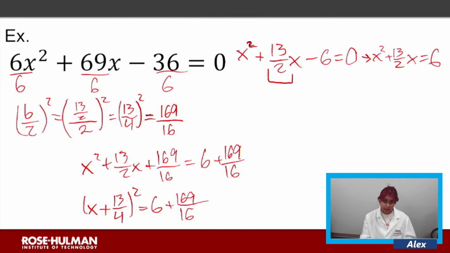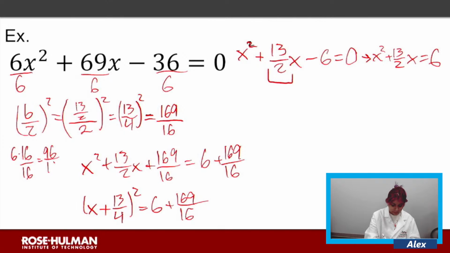So to add this fraction, we're going to have to convert 6 into a fraction as well. To convert this 6 into a fraction, we'll multiply 6 by 16 over 16. 6 times 16 is, let me do this in my head real quick, 96 over 16. 96 plus 169 is